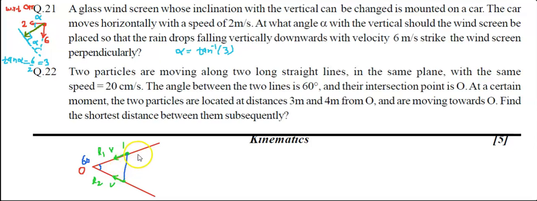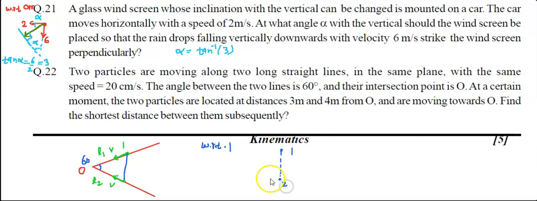Then what you need to do is come with respect to 1. So let's say with respect to 1. I'm giving you just an idea. You can work on this. You will get it, definitely. So with respect to 1, this 1 is going to be at rest, and its velocity will be given to the other one. So this is the